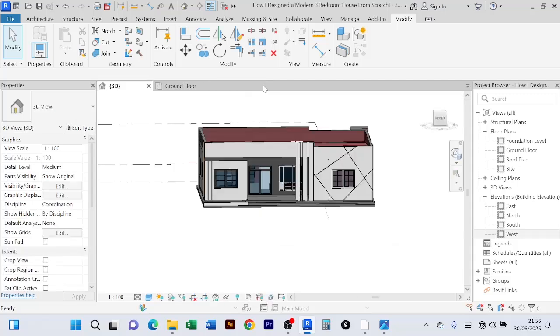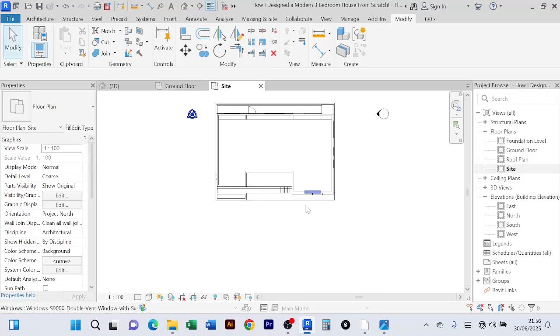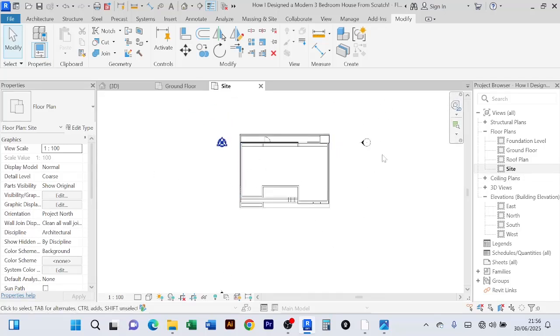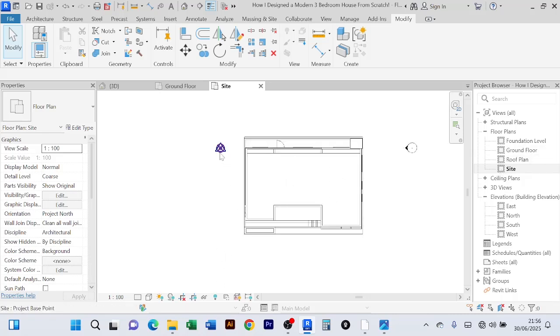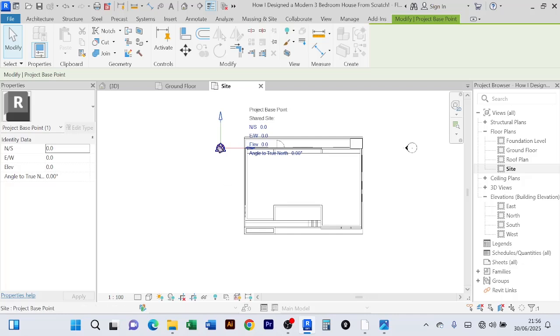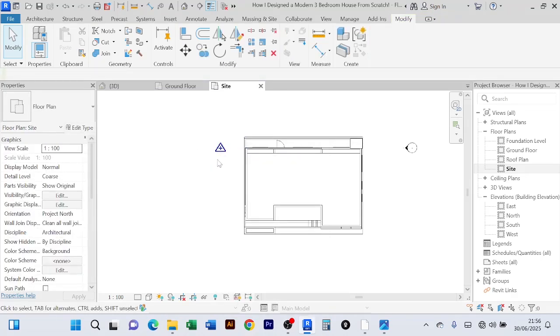If you want to do landscape, you come to your project browser, you select this site, you double click on it. You see this is where your house is sitting, and this is where you're going to do your landscape. Landscape is done in the site plan. So this thing here, you can decide to hide it, but for now you can select this hide in view. If you say element, it will hide